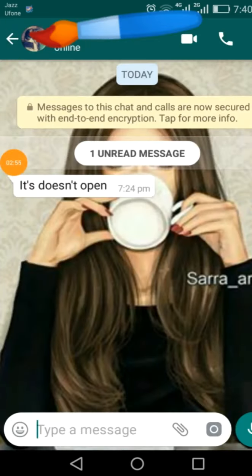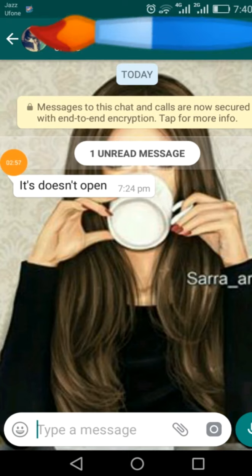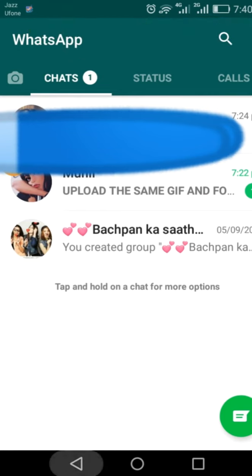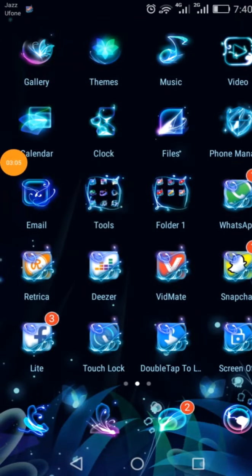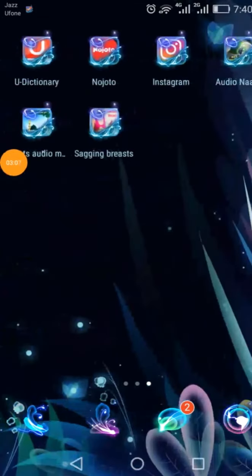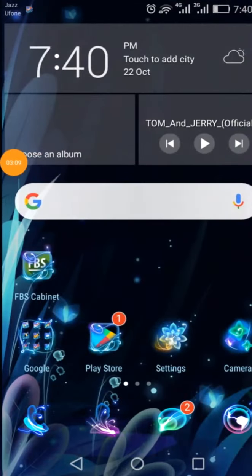This is done. You can change pics whenever you want. You can change colors, and in my next video I will tell you how you can hide from someone that you see her straight